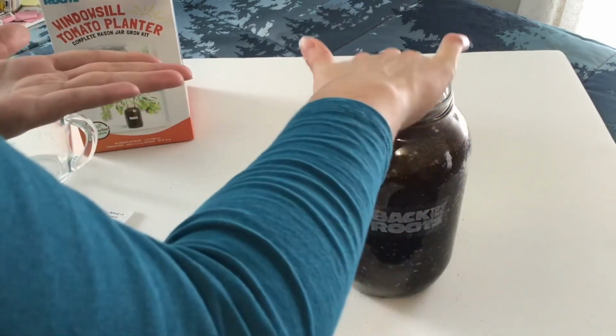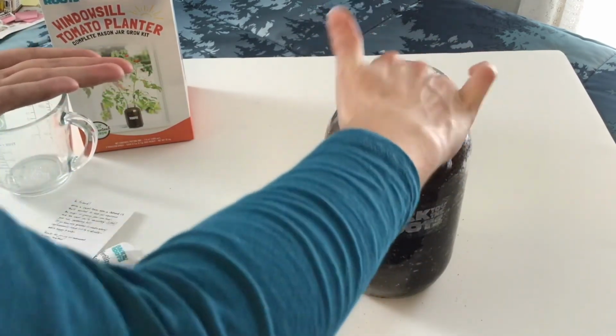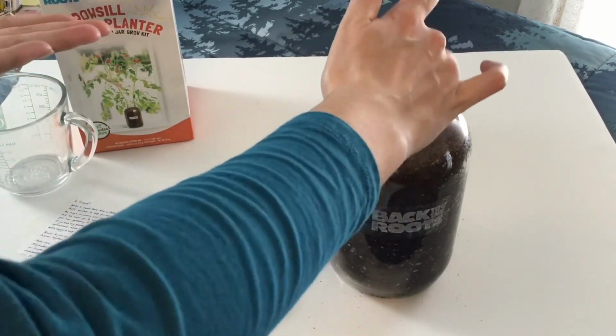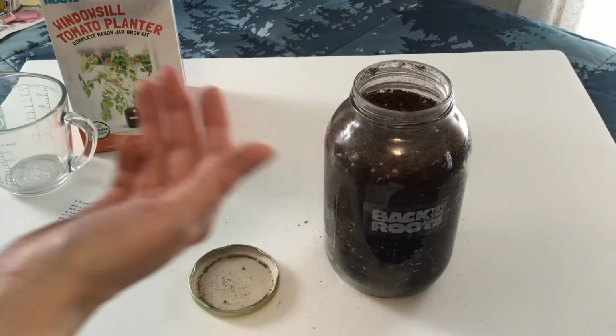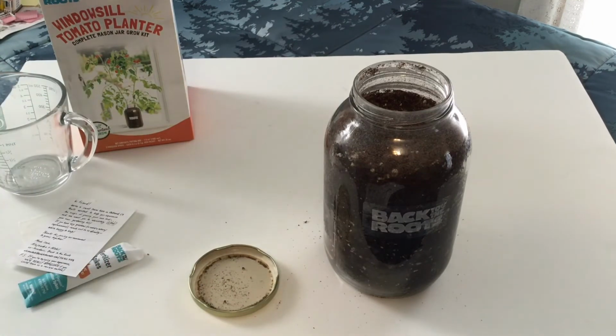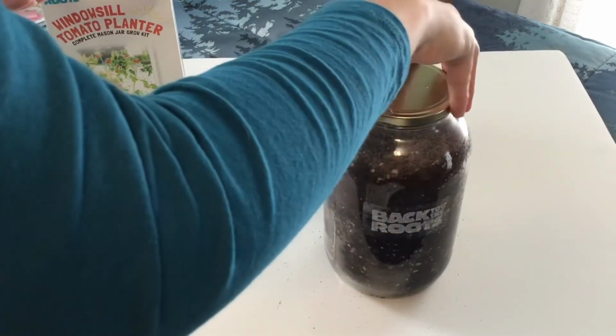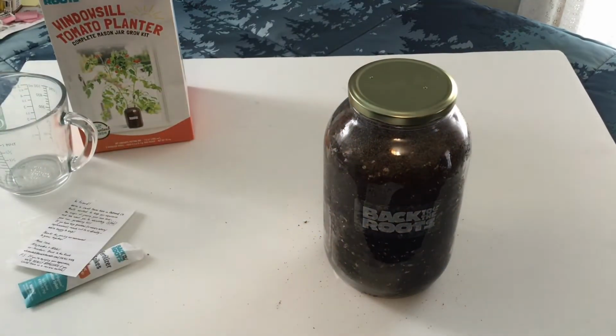And when I grew Tiny Tim tomato seeds in the MG12, they didn't need staking or anything. They were able to hold themselves up, which was great. All right, so I have my seeds planted. And I'm just going to replace the lid on the jar, like the instructions say. And I'm going to be waiting a week to see if anything germinates. I'll give you another video to see exactly the progress of this,